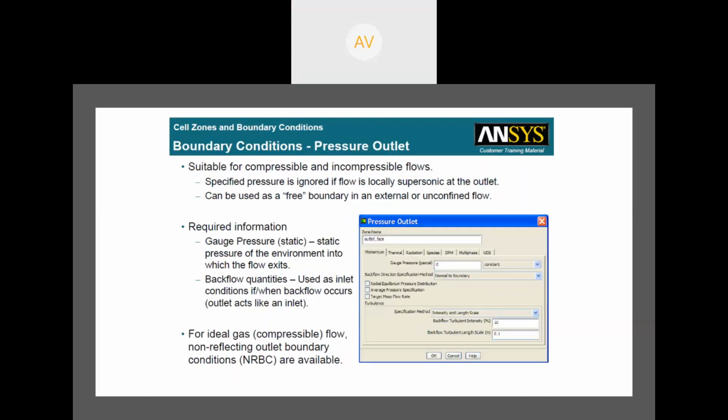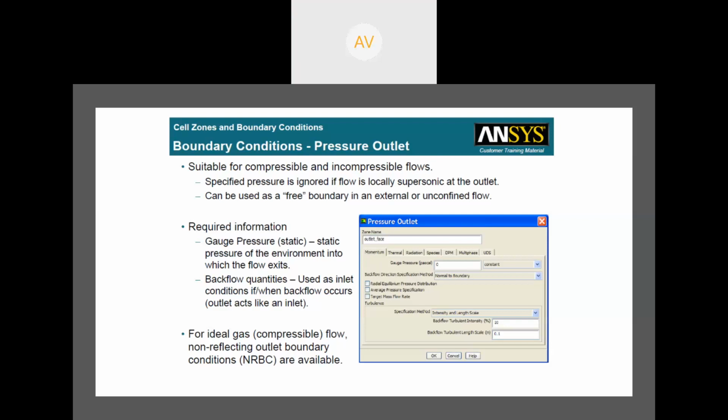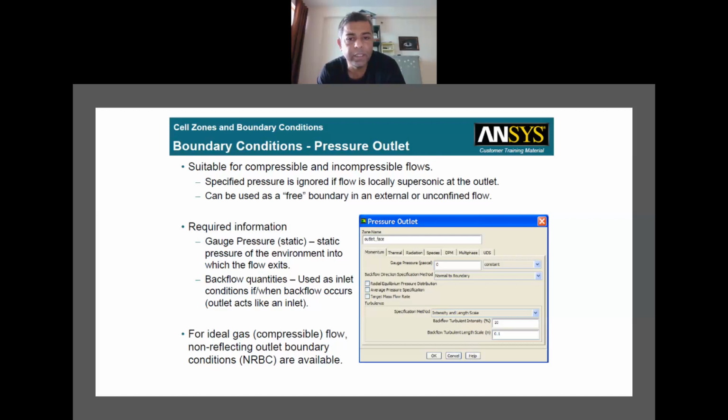Then for outlet boundary condition, if pressure outlet you are giving, so generally it is atmospheric, you can give the gauge pressure 0 here. Okay, so no need to give any other things, only